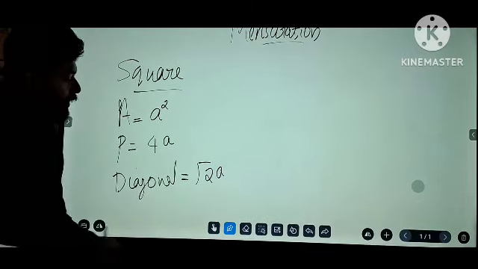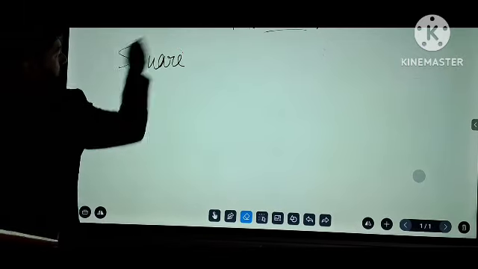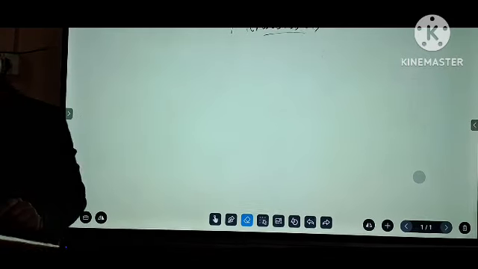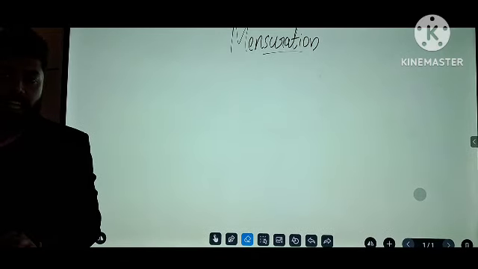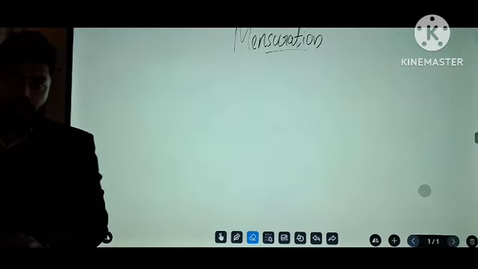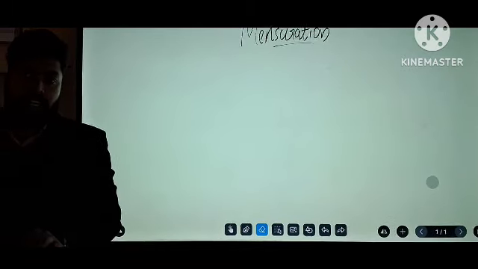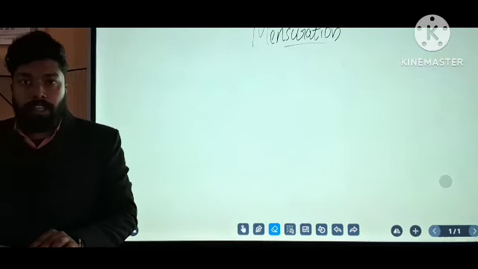Okay. Now there is one more shape, one more heading. You can see the area of four walls of a room. In that case, the area is just like the area of a cuboid. So you only need to understand the equation of that.